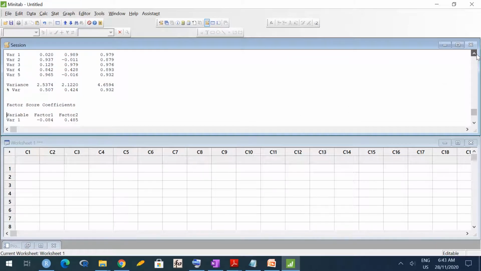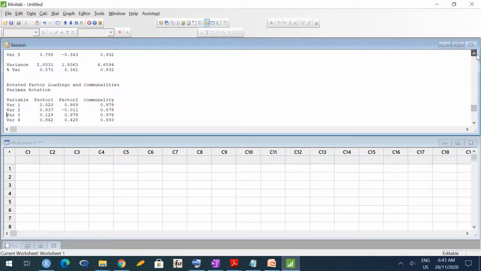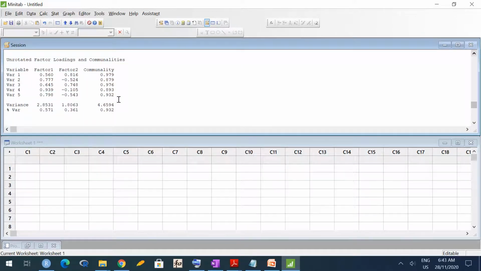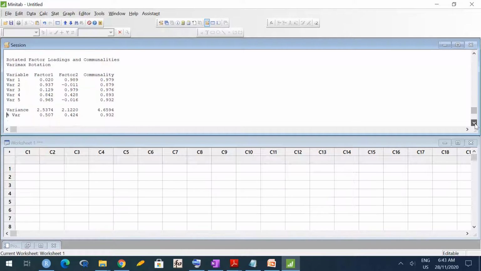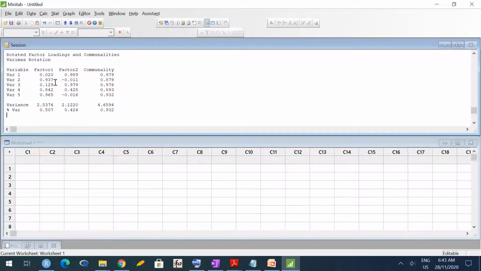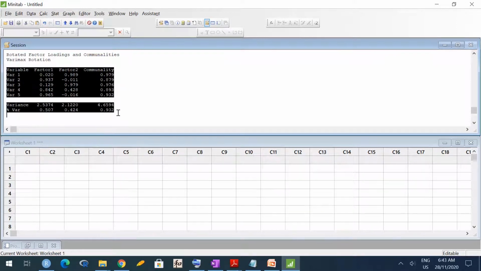Okay. So now when you carry out rotation, there are two types of loadings. Unrotated loadings are again displayed, and then the rotated loadings are displayed. So these are the rotated loadings, and now see the coefficients have changed. Now variable 1 has almost no contribution from factor 1. Similarly, variable 3 also has very low contribution from factor 1. Comparatively, variables 2, 4 and 5 have quite a good contribution from factor 1. I'm sorry, let me try to increase the font size.